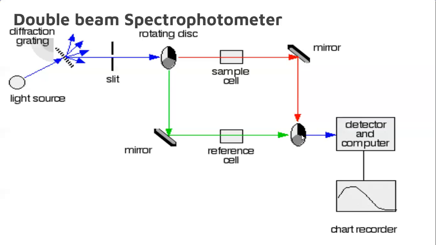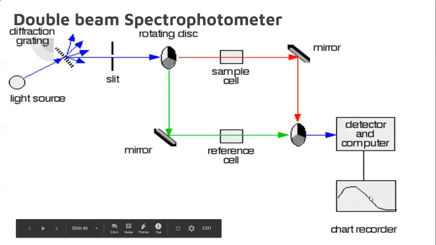What is the role of the photoelectric cell? After the amplifier, the light is sent into the photoelectric cell. The photoelectric cell converts these photons into electric signals, and those electric signals are sent into the detector, where they are detected, and this is the recorder. The signals will be recorded as a graph. So this is the schematic and outline of the double beam spectrophotometer.